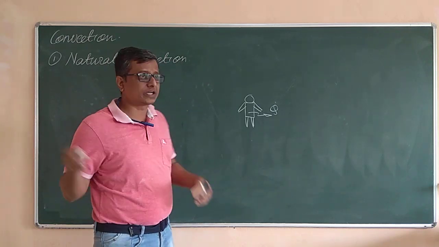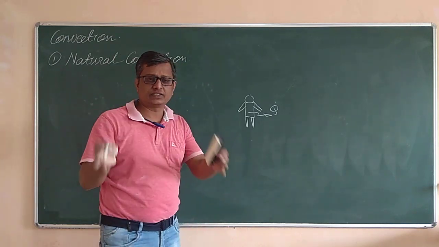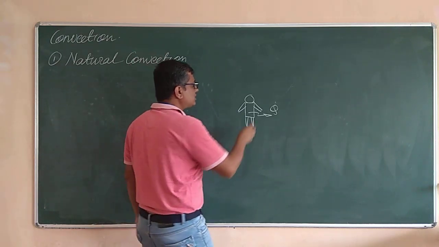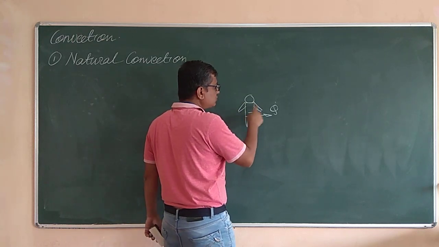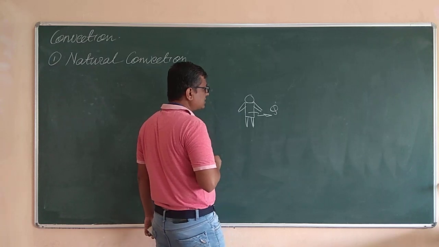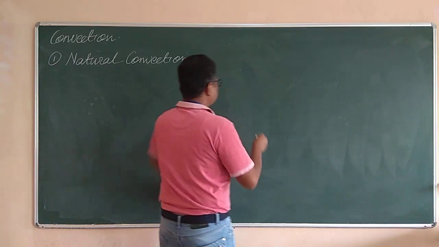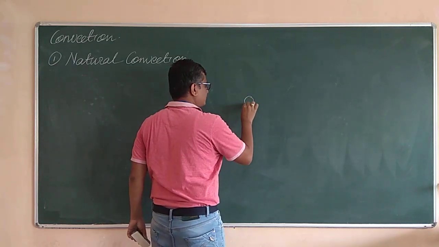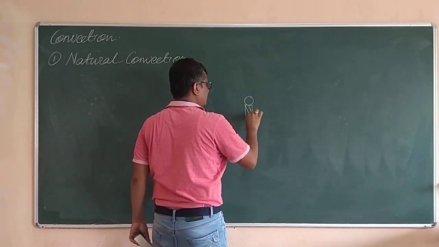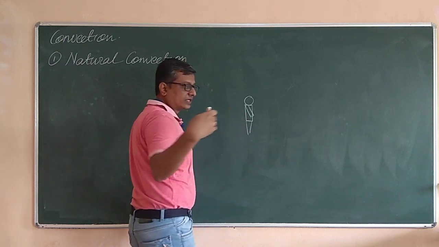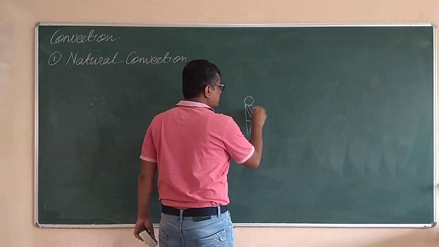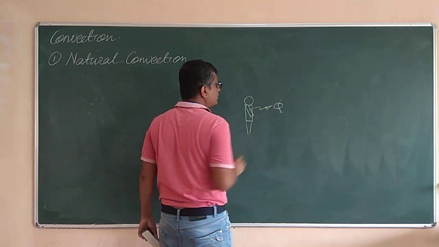Now one person comes from outside and just sits in the room, and his body is continuously transmitting heat to the surrounding air. But how does this transfer of heat take place? If I show you the lateral surface, the side view of the human body, as his body is continuously rejecting the heat to the surrounding, in what way?